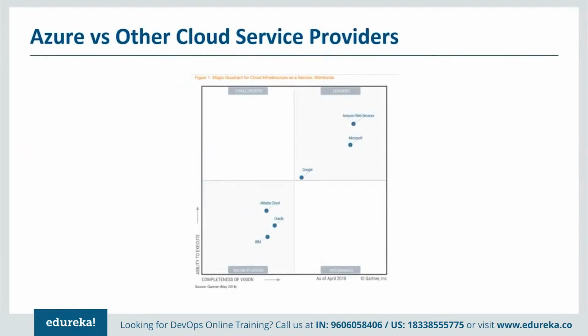One last thing which I want to show you is a figure from Gartner, which says that as of April 2018, AWS and Microsoft are the leaders in the cloud computing platform. Of course, there is Google, which is also a leader, but it's still not as close to what Microsoft and AWS are doing. Okay, so if you want to choose a cloud computing platform, you can go ahead and choose AWS, you can choose Microsoft. Of course, there are more which are coming up and which have lots of interesting services, but still AWS and Microsoft are way ahead in this area. You would see that most of the companies have started migrating towards either AWS or Microsoft Azure basically.